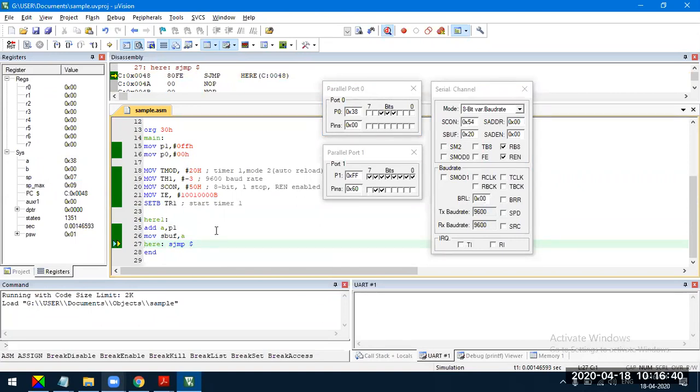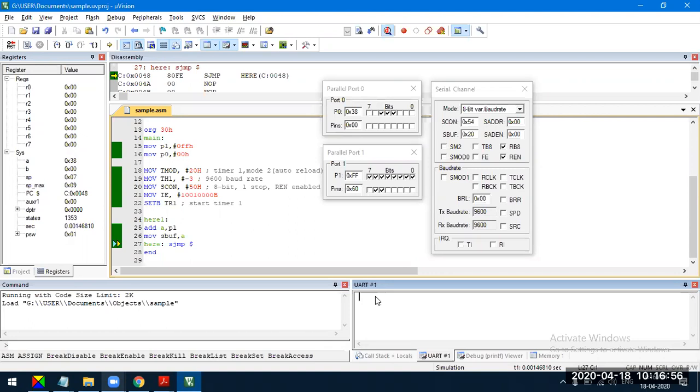Let me give another byte of data, guys. Select the UART device. You have to select this. You have to enter the data, but unfortunately, I'm not able to see. I don't know why. I tried with another version of Keil compiler also, but I could not visualize the data.